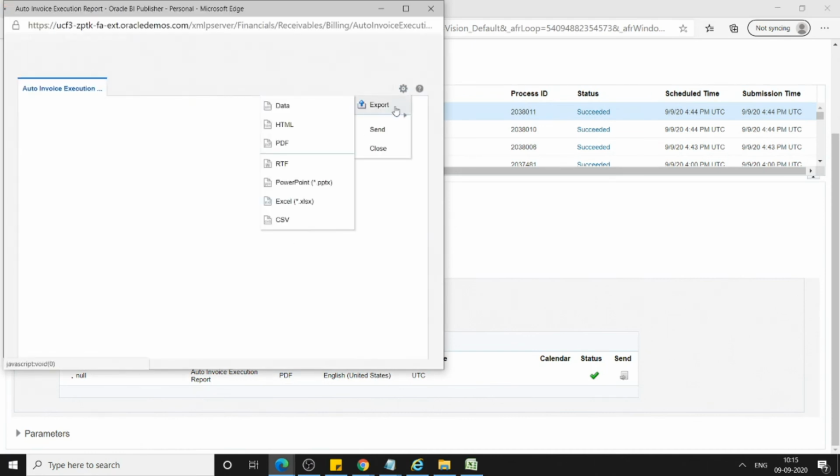From here you can select the Excel option. Click on open file.